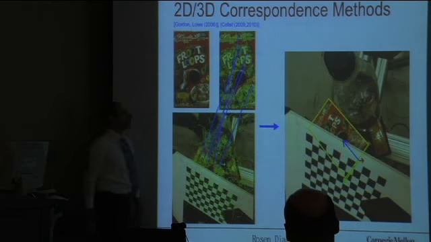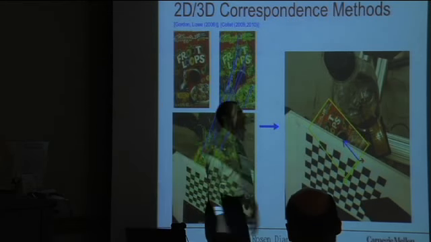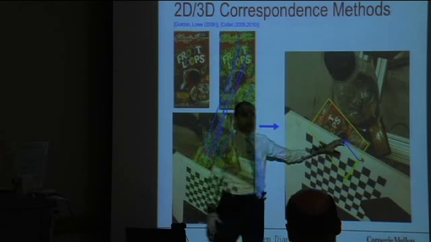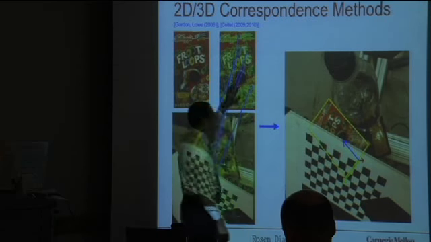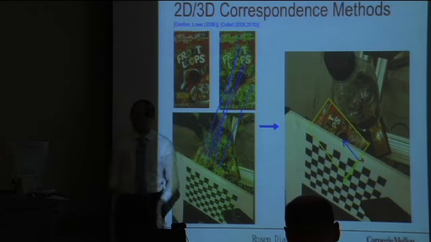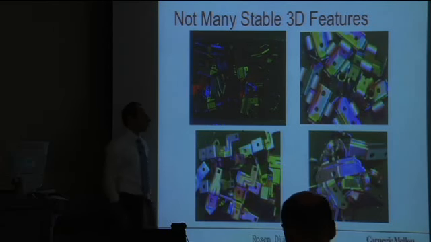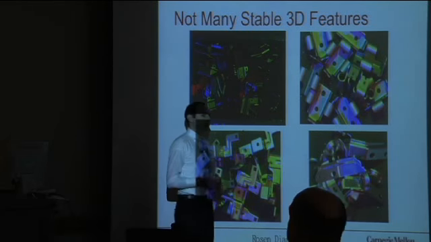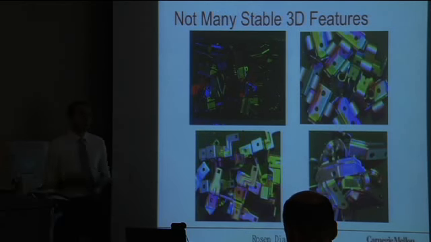And a lot of really robust methods have been developed for doing this with textured objects that work really well. As you can see, the object can be half occluded, but as long as you find a subset of features, then you can do these 2D-3D correspondence matching and compute a pose. However, getting it to work with metallic parts requires much more analysis about how the features behave on the surface